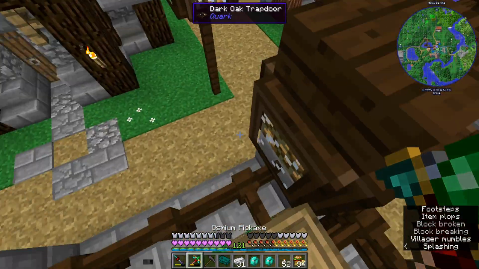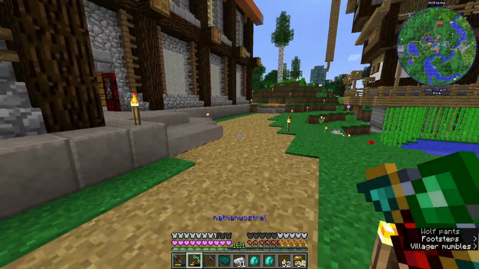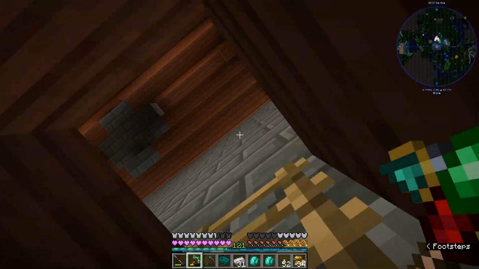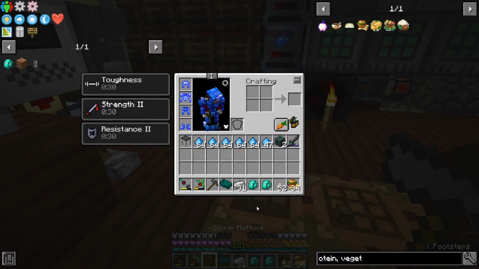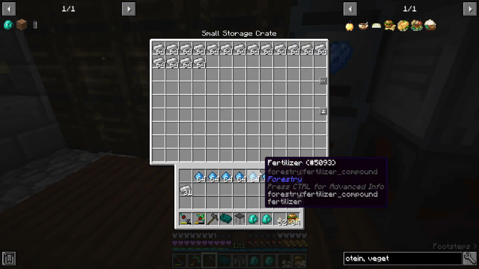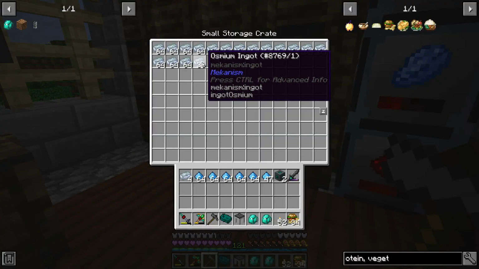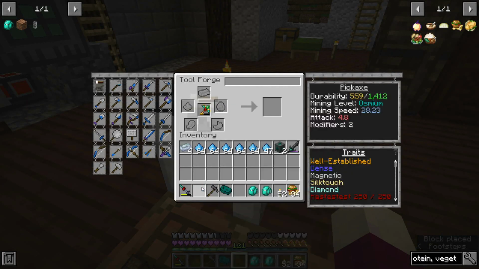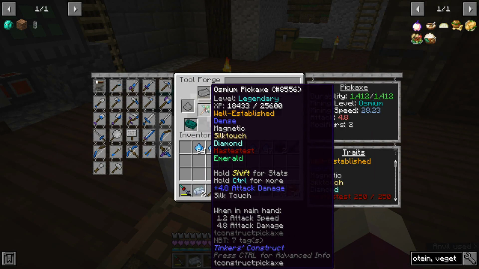Let's go ahead and grab this. I hope we don't have to make a better tool. That would kind of stink. Okay, well, let's get up here, grab a little bit of osmium, and see if we can repair this thing. And you know what? We'll drop this iron off here because I'm pretty sure we will be done with that for a little while. So let's go ahead and repair this and see if that will...